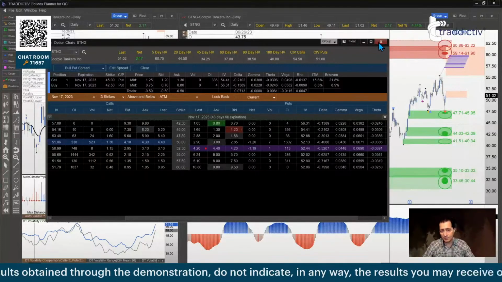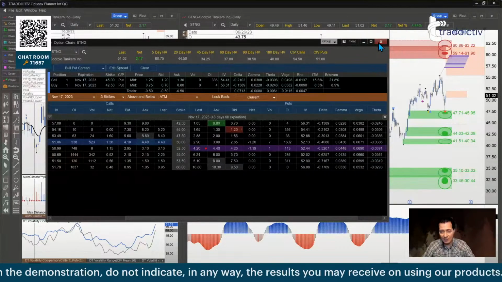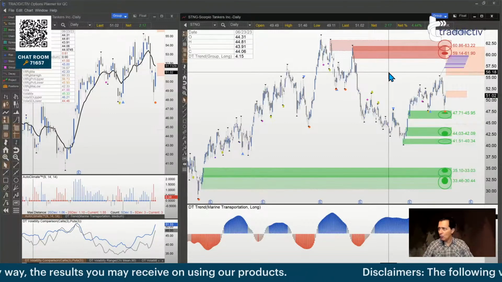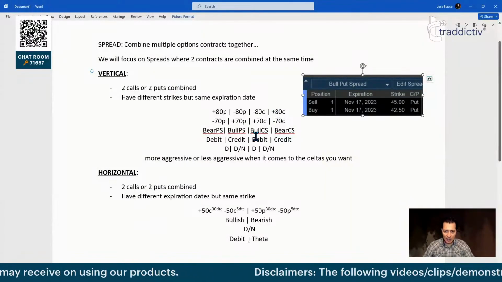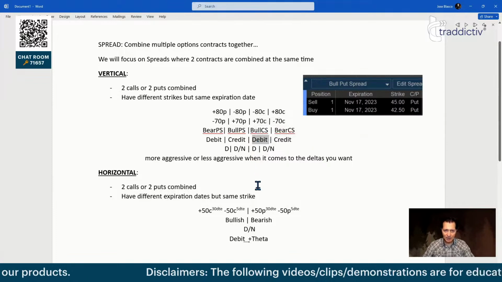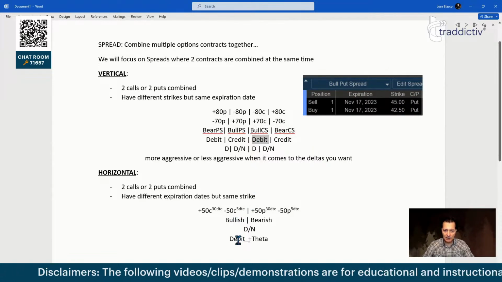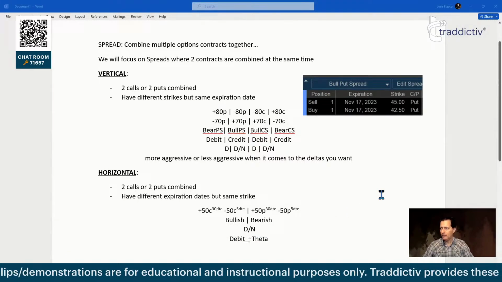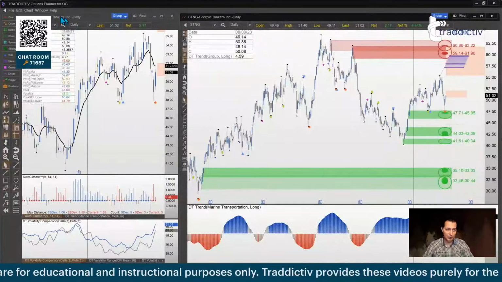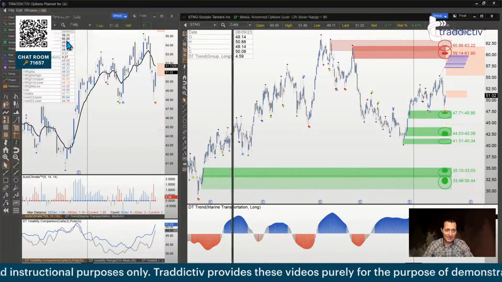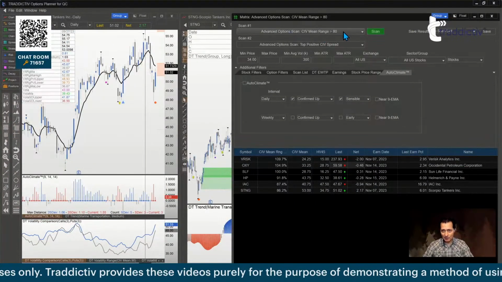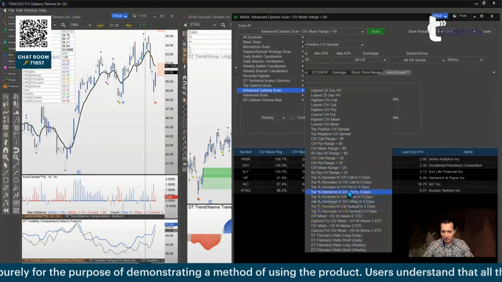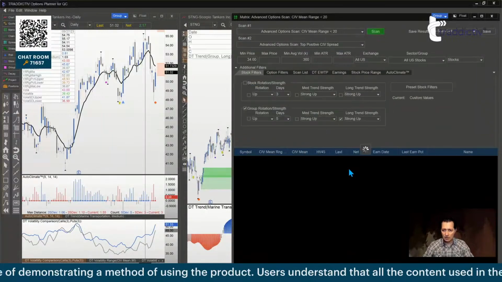Of course, the size of the loss is greater than the profit because it's a credit strategy, and credit strategies are always like that. Now, what if instead of a credit strategy, you want to do a debit strategy, either vertical or horizontal? What would change? Well, what changes is, of course, we need to use a different stock because that stock has expensive options. I cannot use expensive options if I'm doing a debit. I need to use cheap options.